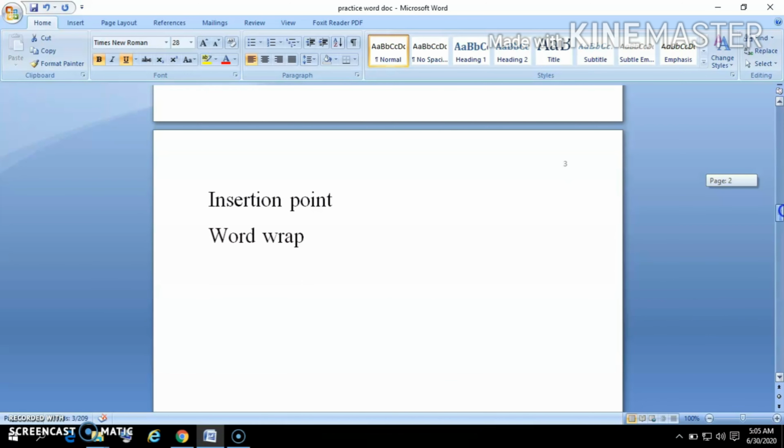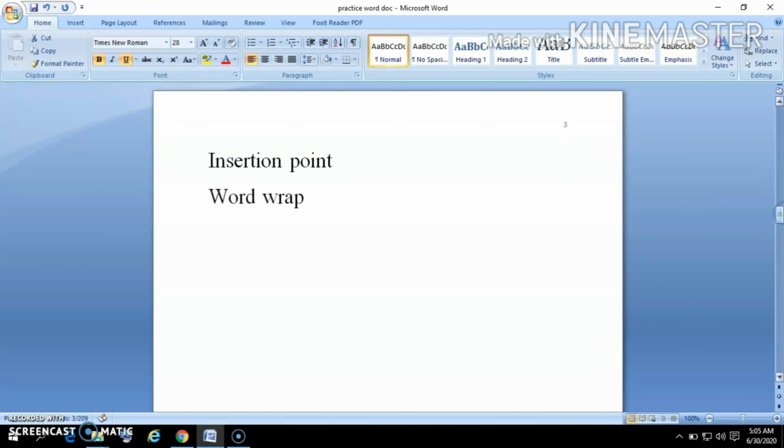Next comes your insertion point. As you see, it's blank over here. If I left click, remember, left click from the mouse at a point, what happens? The cursor blinks at that point. This indicates the position where the text we type will appear in the document.